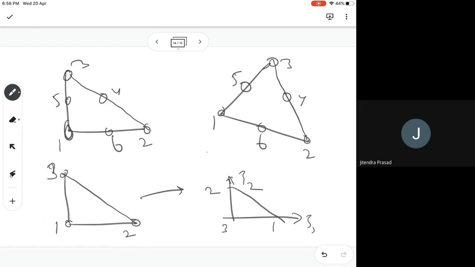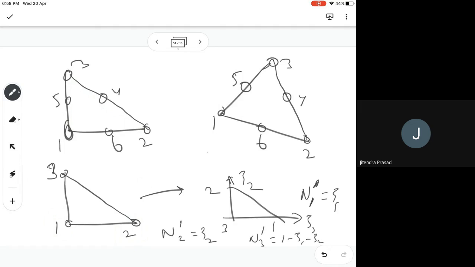Yeah, so that means if edges are straight, then in this case let's define N dash. N dash 1 is equal to xi1, N dash 2 equal to xi2, N dash 3 equal to 1 minus xi1